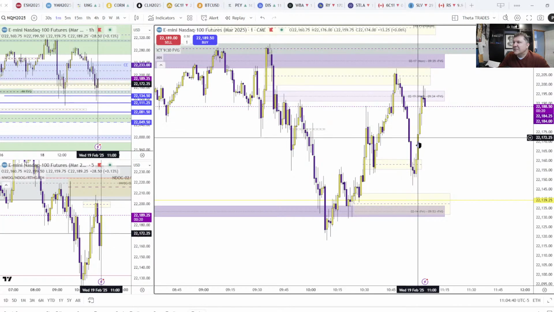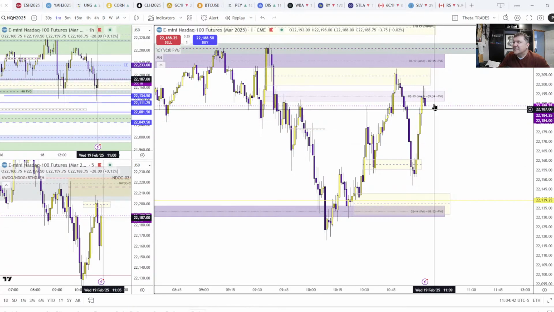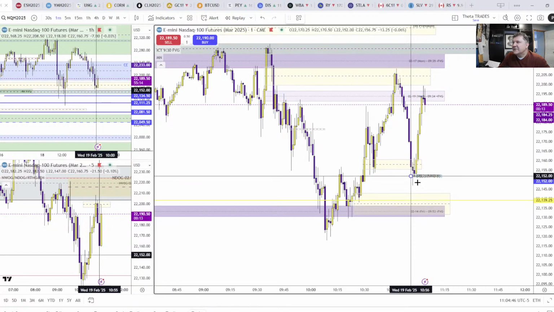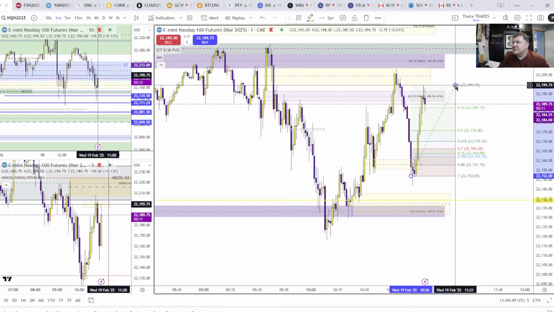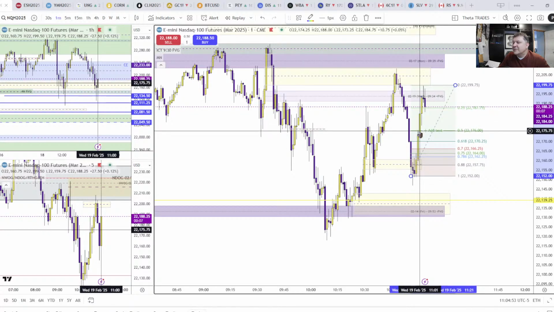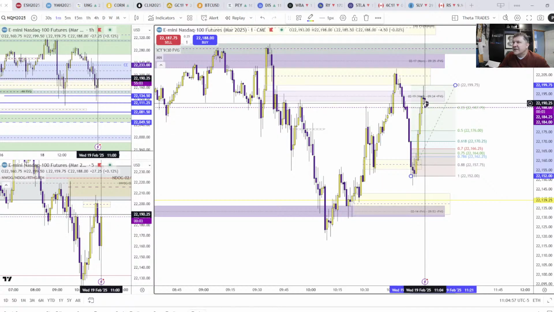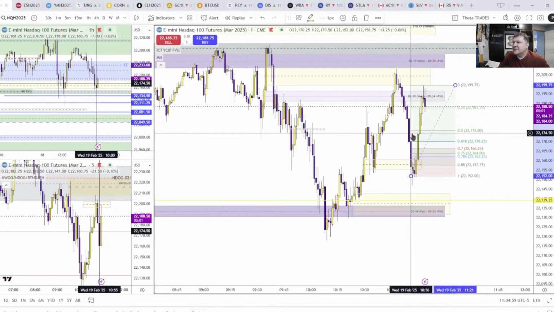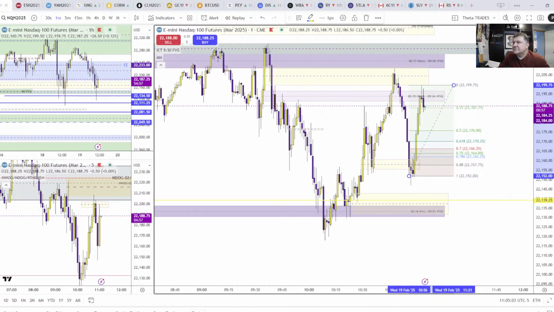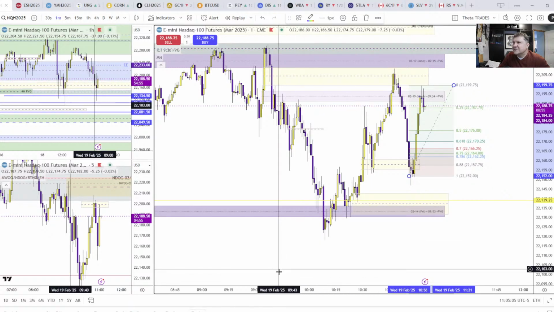Now I want to see it come back down into this discount box, or take 50% of this range here now, and then start looking at shorting to 50%, which is that fill of this fair value gap here. As soon as I get that, I'll move to break even, and then it'll be a zero stress trade. I've got 2 micros on this, so